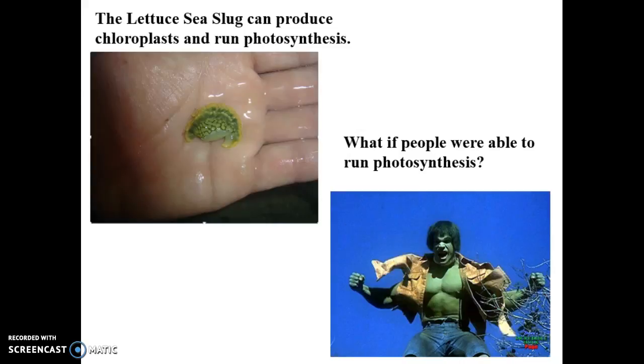Now, I don't know if we'd want to do it across the whole body or maybe just your arms or a certain body part, your legs, your back, whatever. If you expose that body part to the sun, you're going to run photosynthesis. There's plenty of carbon dioxide in the bloodstream. There's water in the bloodstream. There's sunlight. You got your chloroplast. Those are your four ingredients. Water, sunlight, carbon dioxide, and a chloroplast. Those things are there.